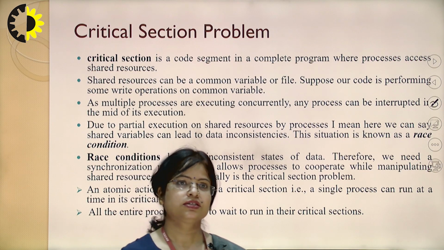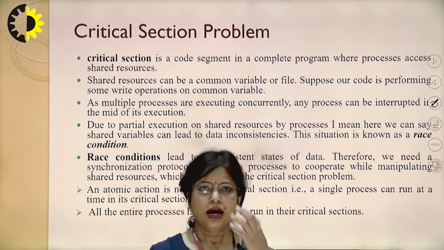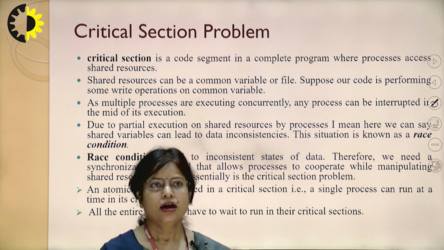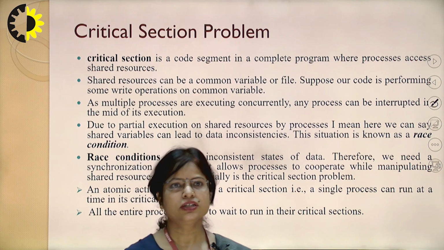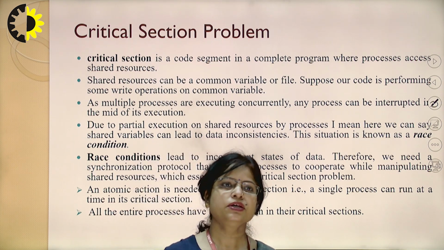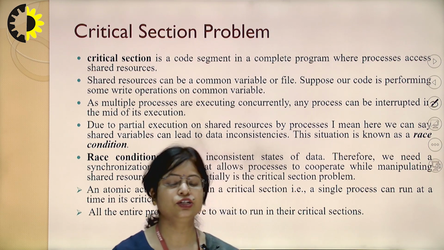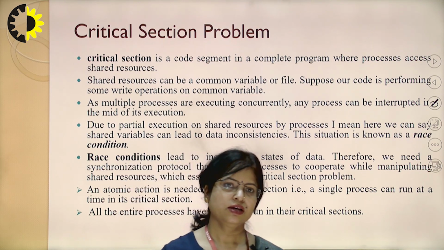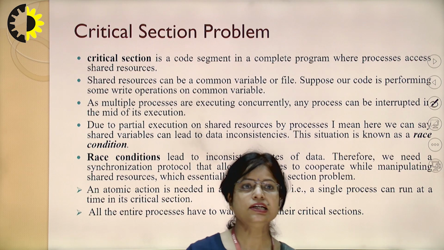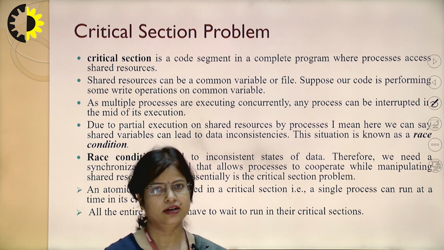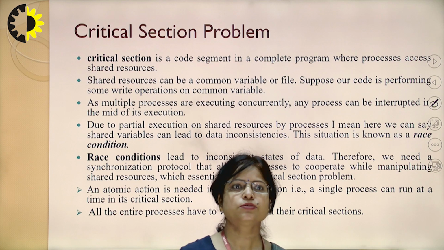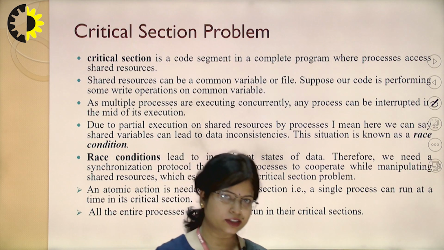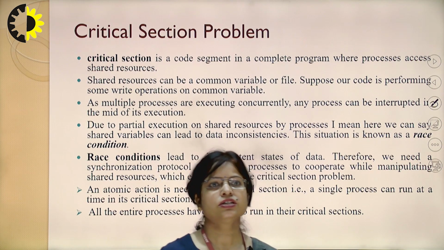As multiple processes are executing concurrently, any process can be interrupted in the middle of its execution. Due to partial execution on shared resources by processes, the shared variable can lead to data inconsistencies. This situation is known as a race condition. So we can define race condition as something that leads to inconsistent states of data. Therefore, we need a synchronization protocol so that all the processes cooperate while manipulating shared resources, which is essentially